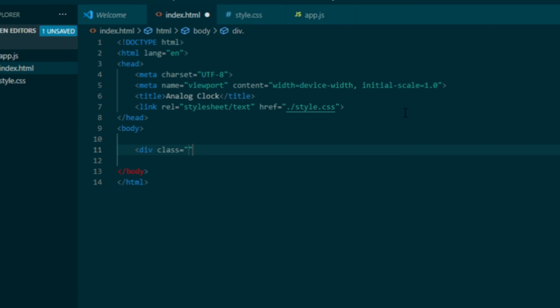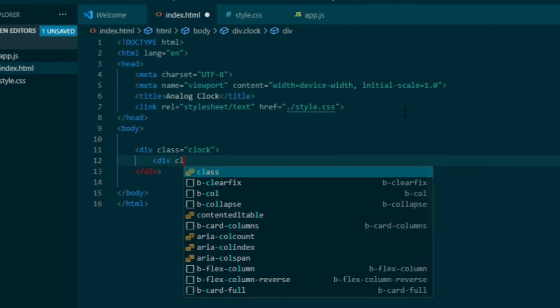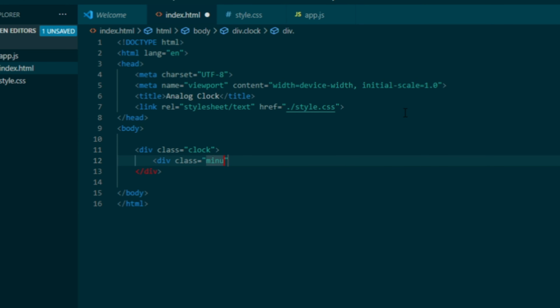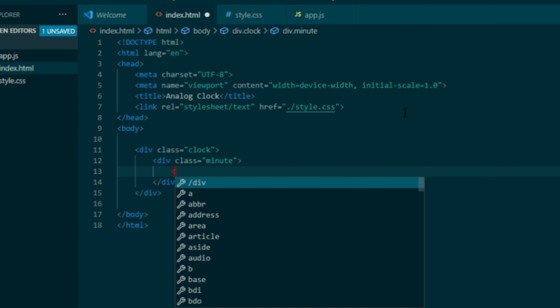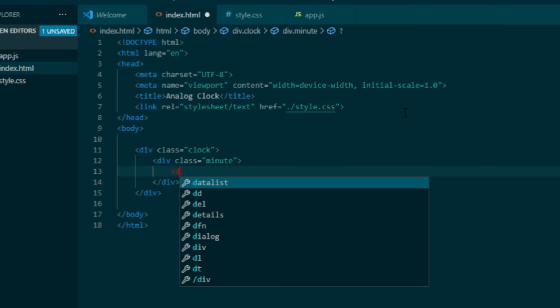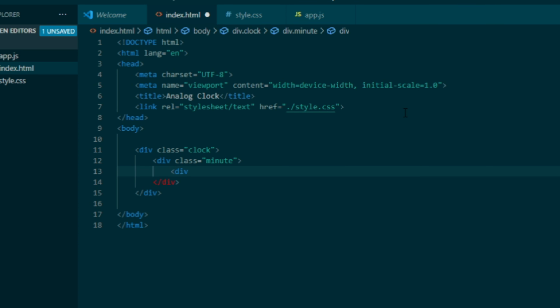Create a div with a class called what? Clock. Another div for the hour hand. So div class hour, and another div in it for the representation of the hands.